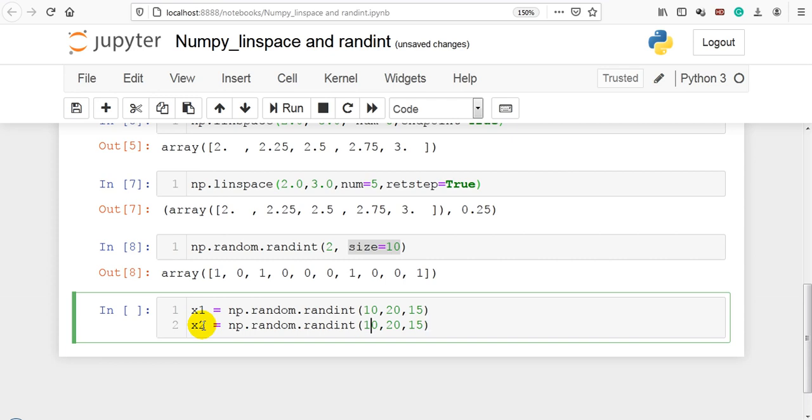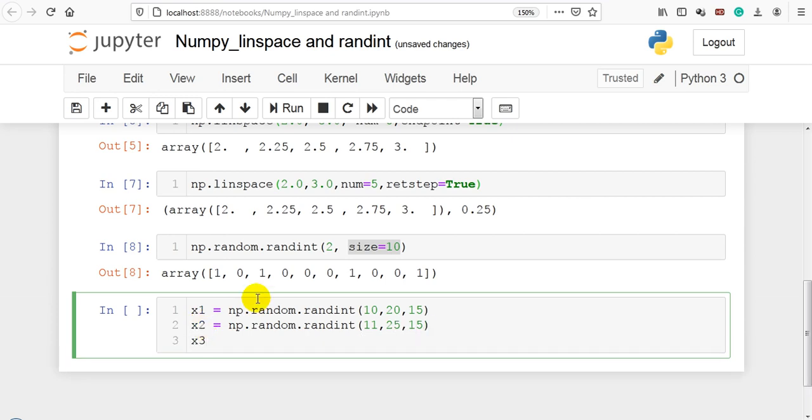Again 11 to 25. Again I want 50 samples. Then x3 is equal to, let me copy and paste it, some 14 to 29, 15 samples, right?